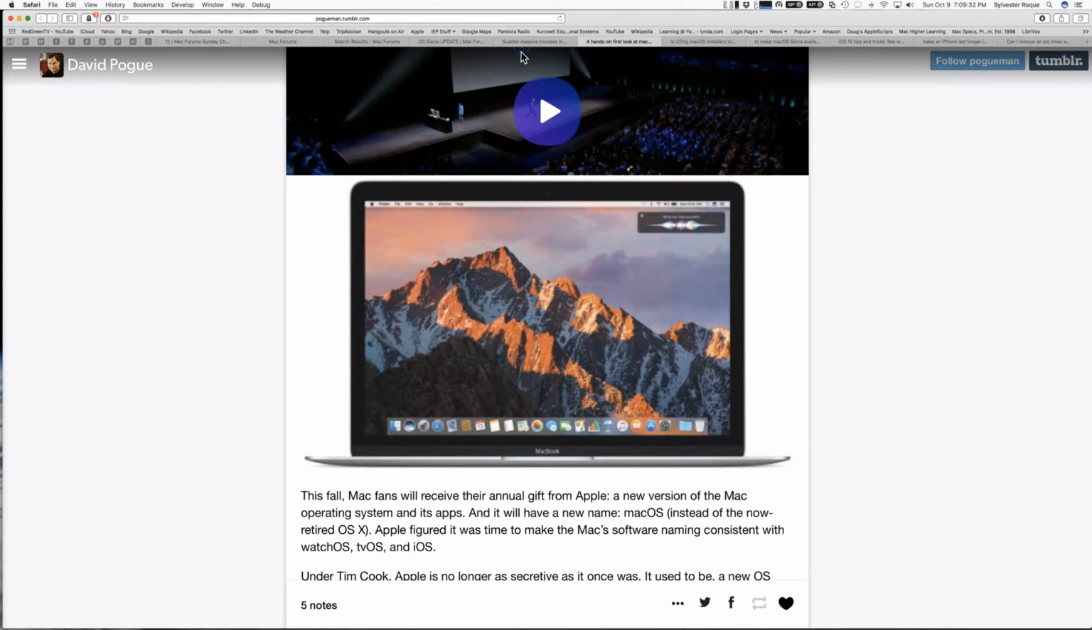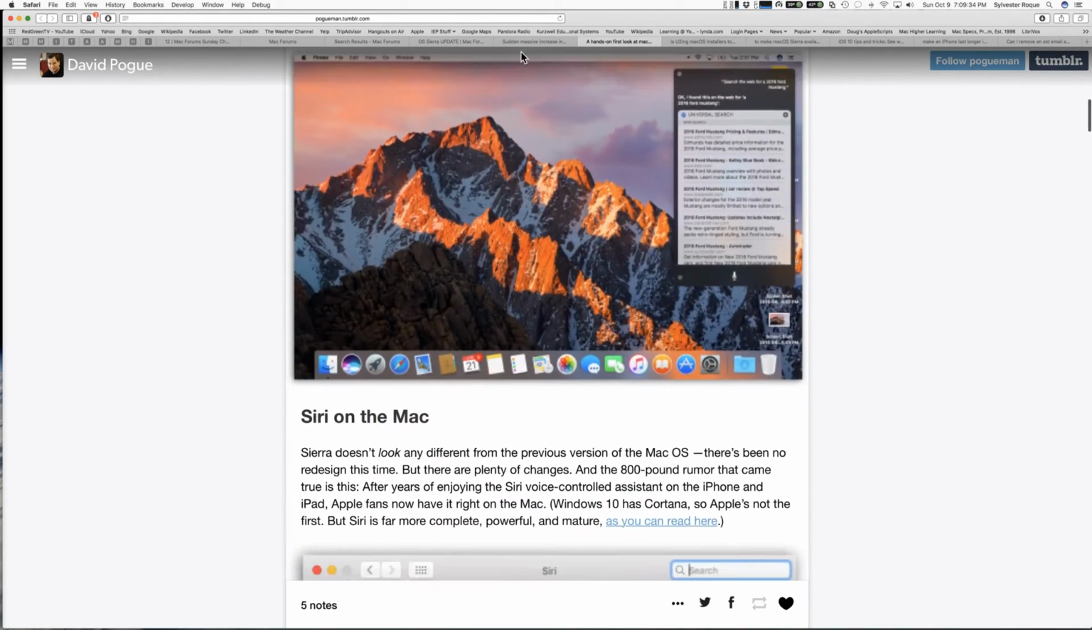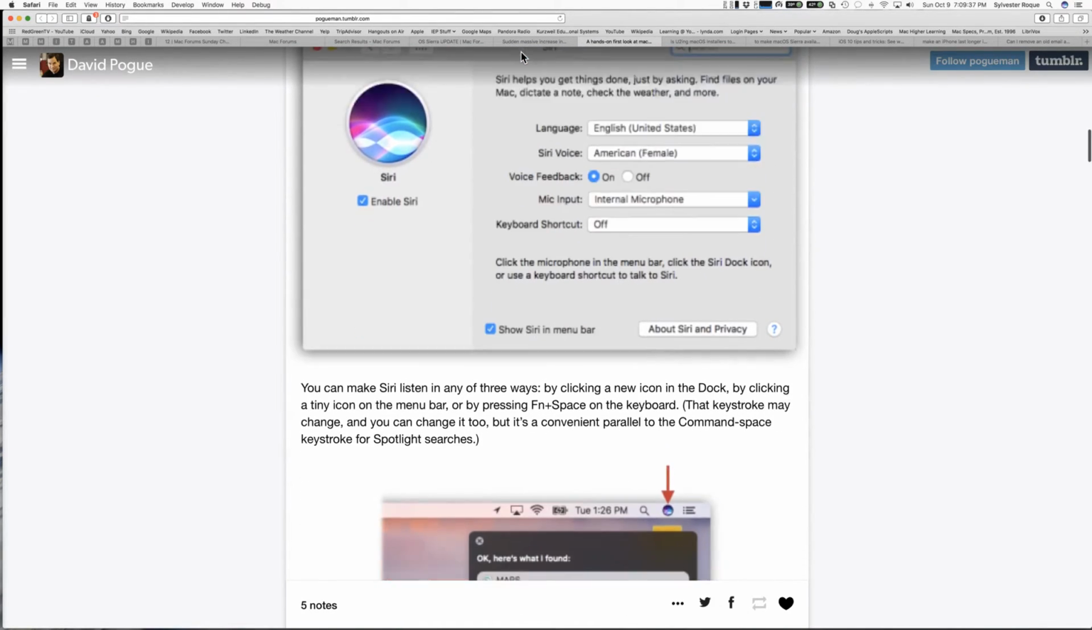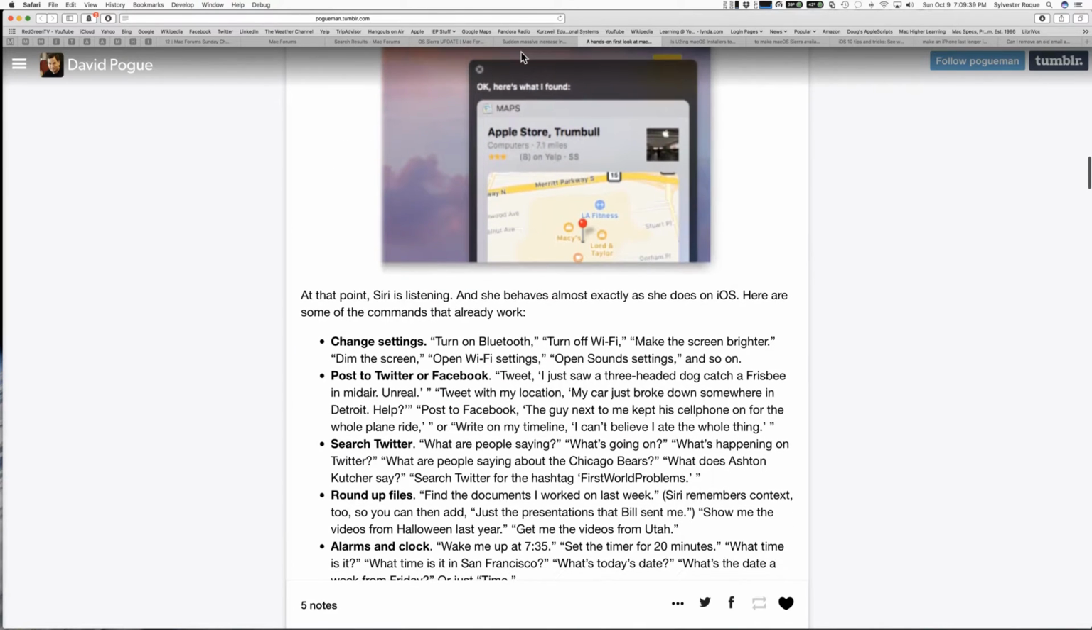But David's article talks about, I'm going to scroll down here a little bit, the basic setup for Siri on the Mac, but then it also, and this is the thing that I wanted to let you know, in there, in addition to how to set it up, he gives you some information about which settings you can change, which programs seem to control better,